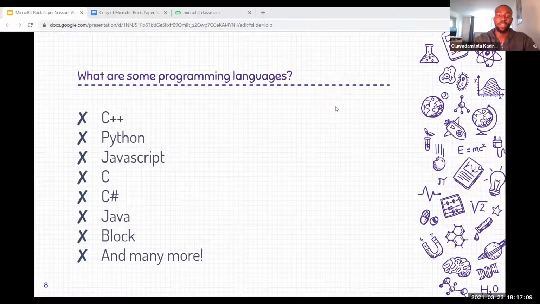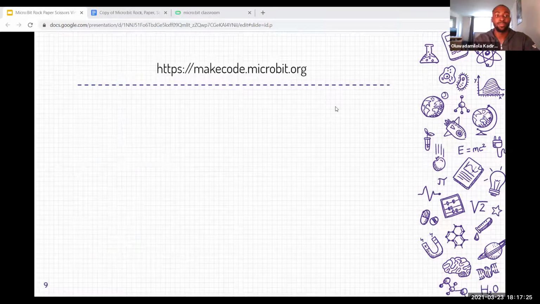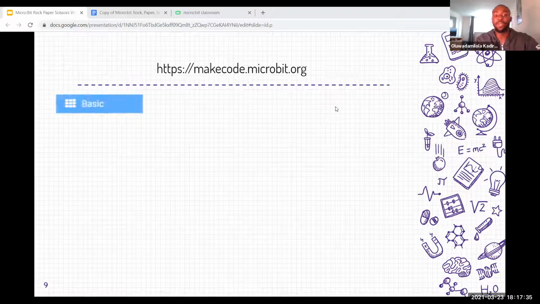Block, however, is a very basic language. It's based on JavaScript, and it helps people learn programming easily. It's a very good introductory language, and it's the language we're going to be using today. We are going to be learning how to code on a MicroBit. A MicroBit is a microprocessor. MicroBits can perform very cool electronic projects. Block coding is a great way to learn how code works. You don't have to learn all the grammar and syntax rules that come along with other coding languages.